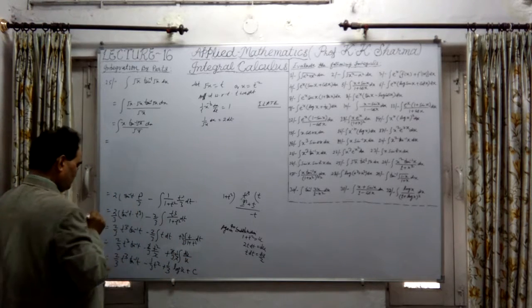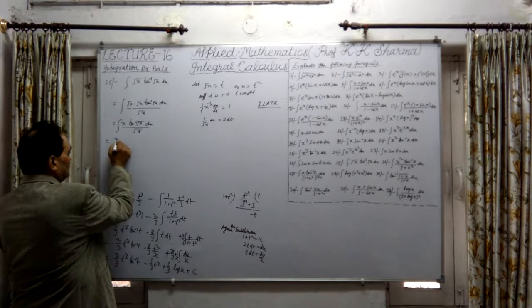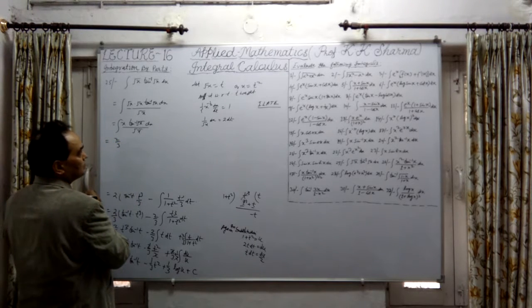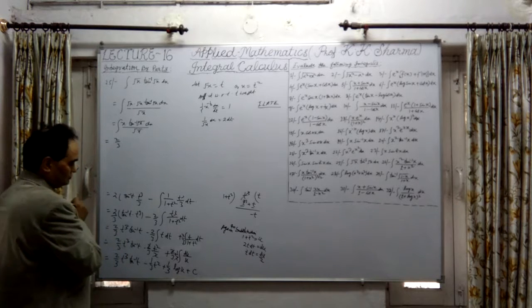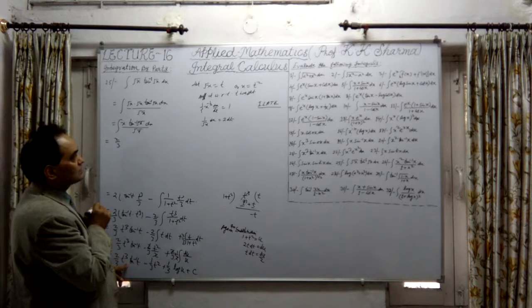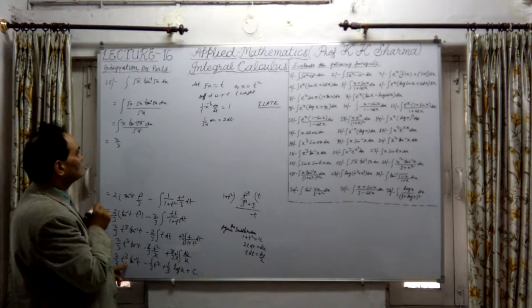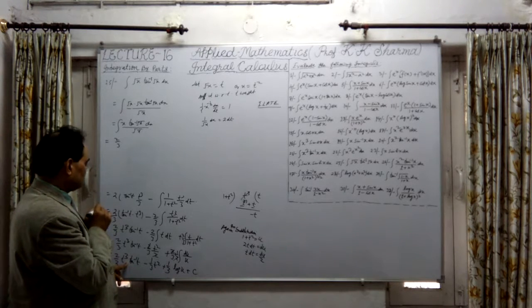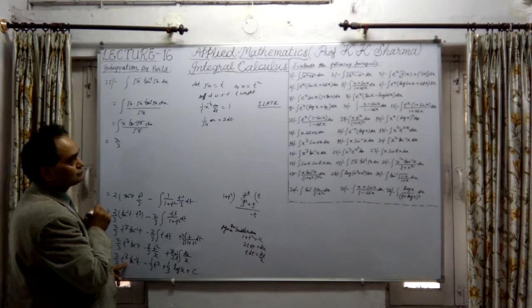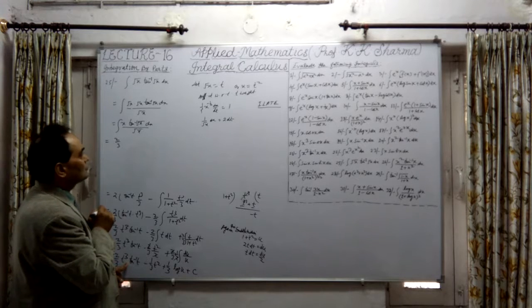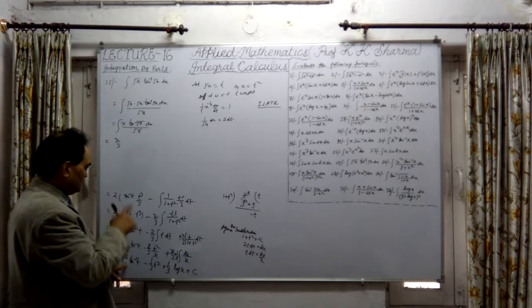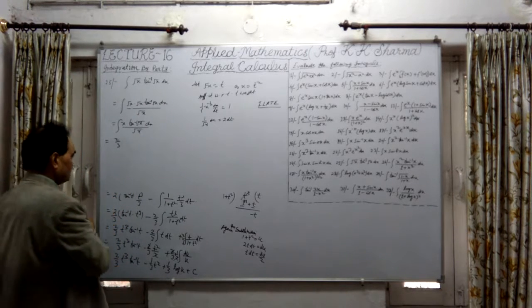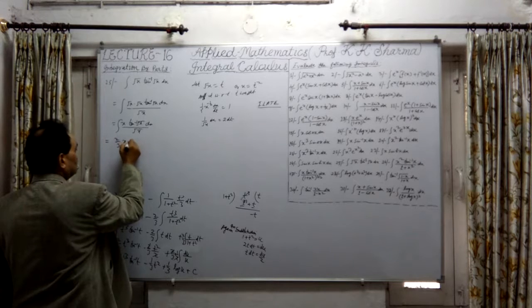Finally the answer will be 2 upon 3 t cubed; t square means x, therefore t is equal to root x, and t cubed equals x raised to the power 3 by 2, right, this is x raised to the power 3 by 2